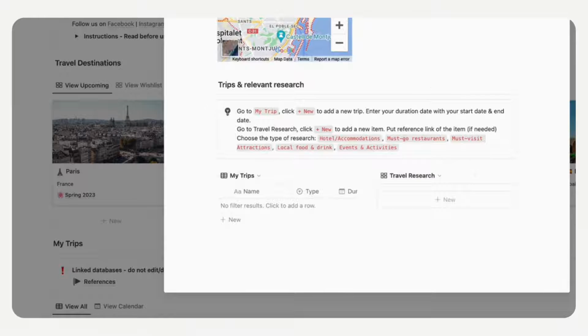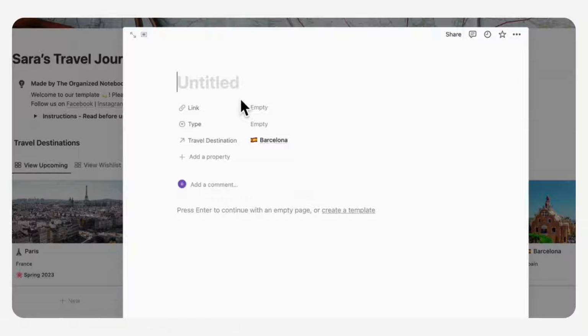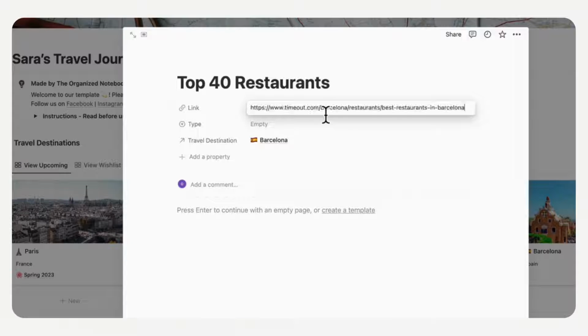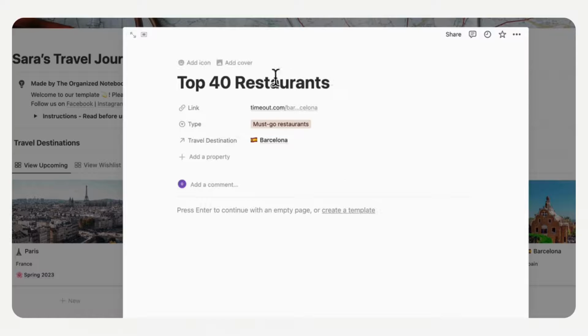And the other part we can also research is by adding this into travel research. So I'm going to go ahead and do a little bit of travel research now. So let's go ahead and add some restaurants that we found. And this is going to be the top 40 restaurants in Barcelona. So this will give me something to look at while I decide where we could go for the restaurants. So top 40 restaurants, and I'll put the link in and the type is must go restaurants, and